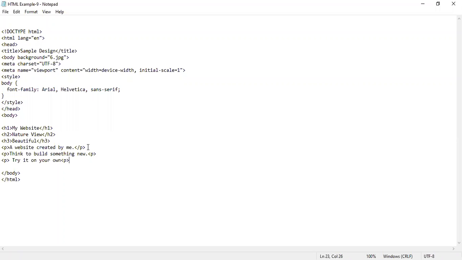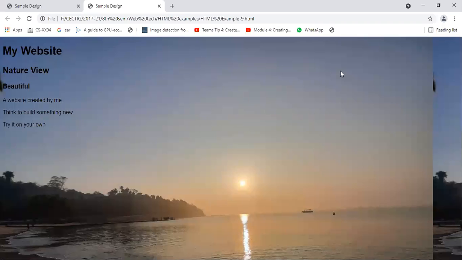So let me save it in the notepad, and then check whether it is actually displayed or not. Let me share my screen here. Okay, we can see that whatever I wrote in the notepad a few minutes ago is getting displayed. The heading is displayed, and the content is displayed.